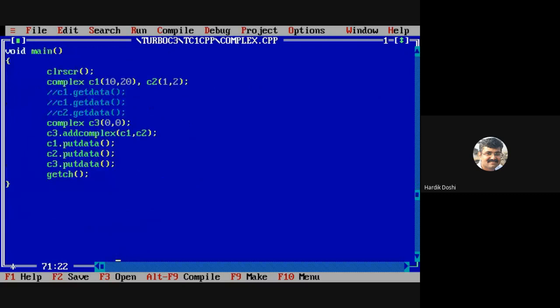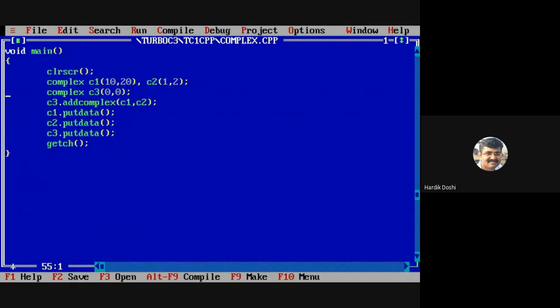Say, for example, in this example itself, complex C1 I am having. I want to copy paste the same thing to some another object. Let's say I want to copy the same thing for C2.